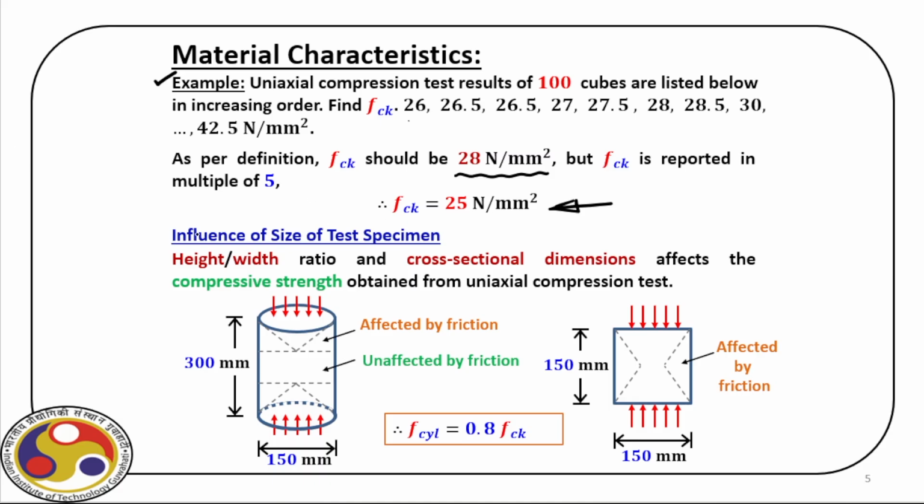Now, the compressive strength of concrete can be determined in two different ways. We can go for this cylinder test, or we can go for this cube test, right? Now, if we apply the compressive force over the cylinder, you can see it fails with a specific pattern. You can see the dotted line, and that indicates the region of influence, right? So we have to cast a 300 millimeter high cylinder with 150 millimeter diameter. In the case of a cube, it is 150 by 150 by 150. And the relation between the cylinder strength and the FCK values is given here. As you can see, it is 0.8 times FCK.